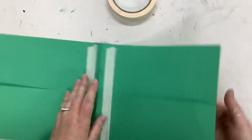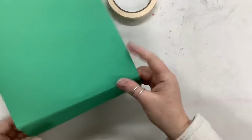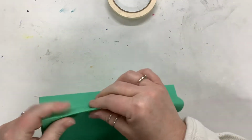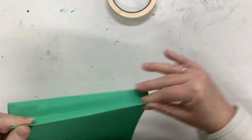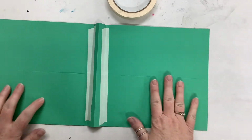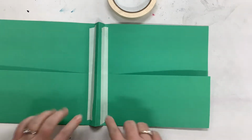Put that on there. I'm going to just kind of refresh. That tape is going to make the folds kind of flatten out. So I'm just going to refresh my folds. So now I have my front cover, my back cover, and I've taped where I'm going to be putting my